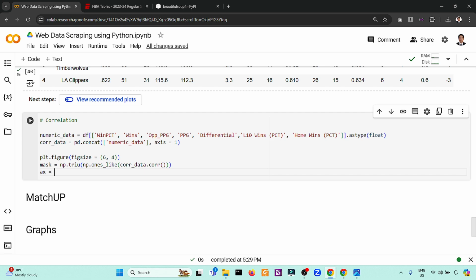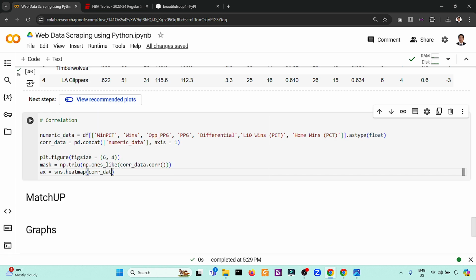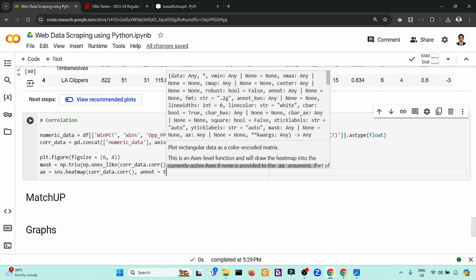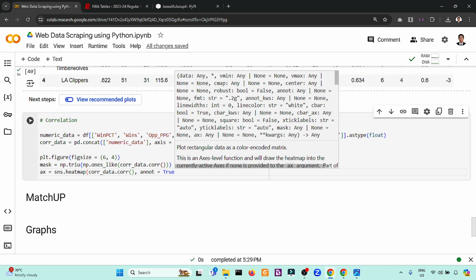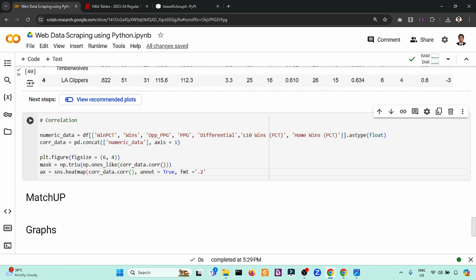And for our axis, we will use the sns.heatmap to plot the correlation data dot corr with a specific annotation. Is the annotation visible? Yes. What will be the format? Format it in 2 decimal floating point. Then we have also mask equivalent to mask.